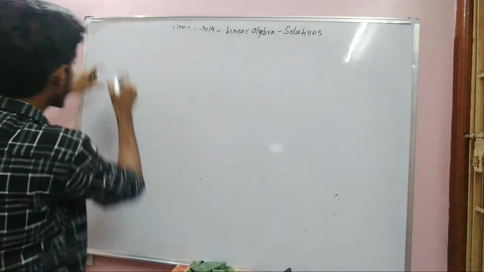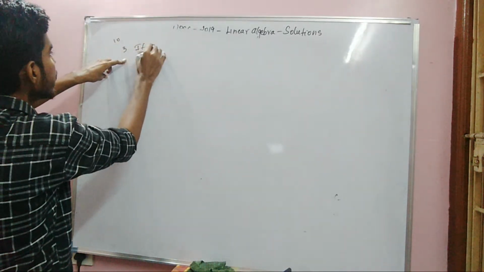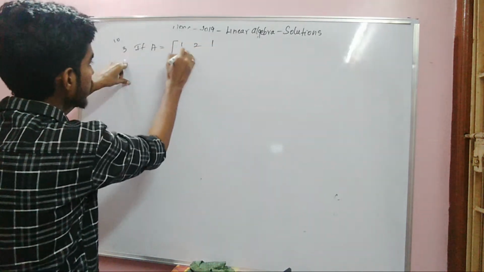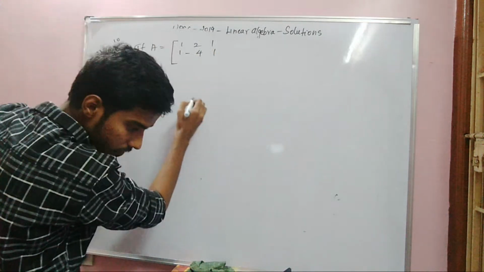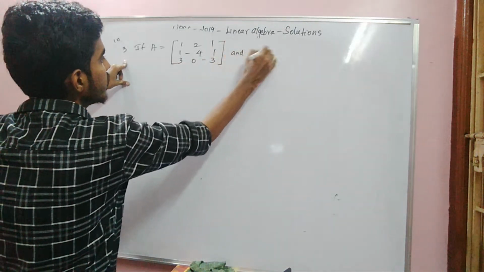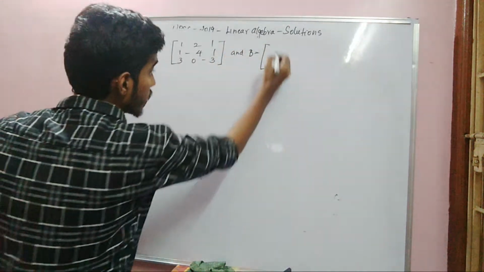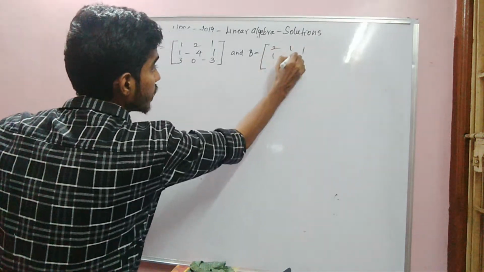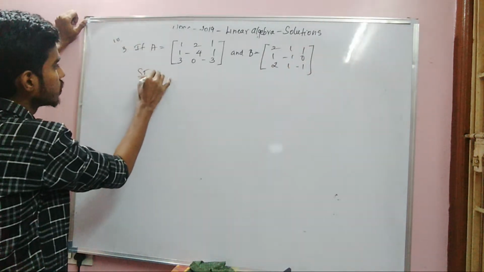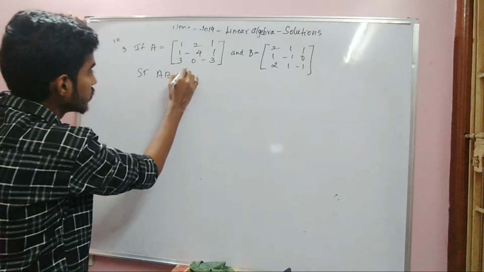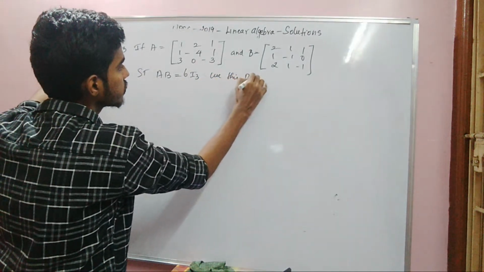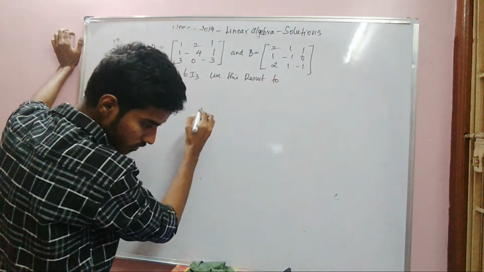So the third problem is a 10 mark question. If A is equal to [1 1 1; 1 -4 1; 3 0 -3] and B is equal to [2 1 1; 1 -1 0; 2 1 -1], show that AB is equal to 6I3. Use this result to